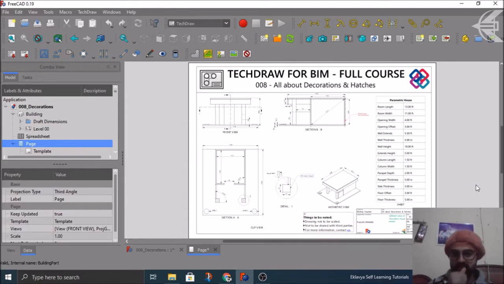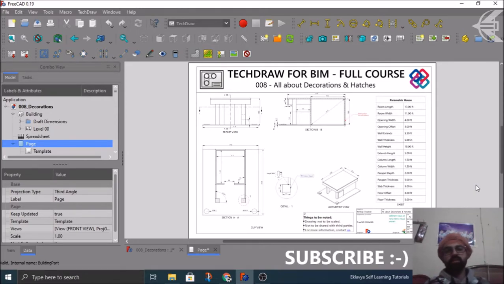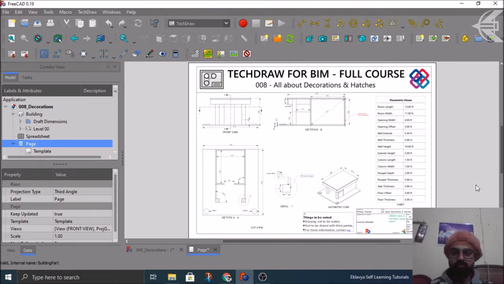So in the last one, we discussed regarding the cosmetic objects and how you could manage that. If you haven't watched, just do watch that and you can see the link above. It is very beneficial to make some temporary things and the lines or the points and taking some temporary dimensions and also managing the lines of the views. And in this one, we're discussing a final touch up to your drawing sheet.